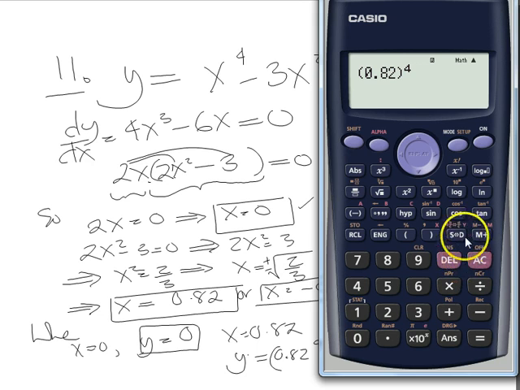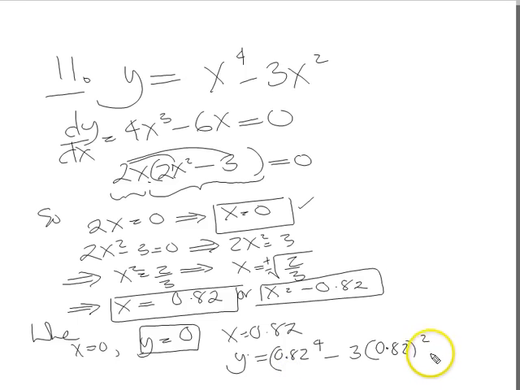Rushing like that. Get down to ground level. Minus 3 times bracket 0.82 squared. Yeah? Equals minus 1.56 as we said, but it rounds up to 57. So we got that here. I'll put it in here. Minus